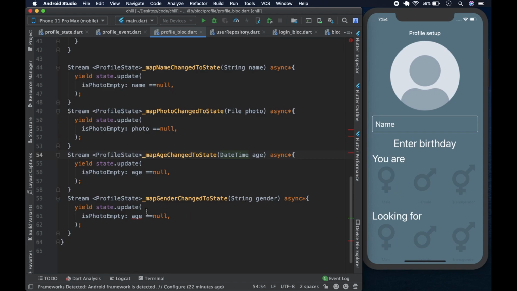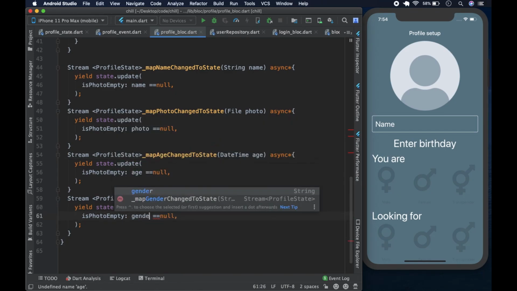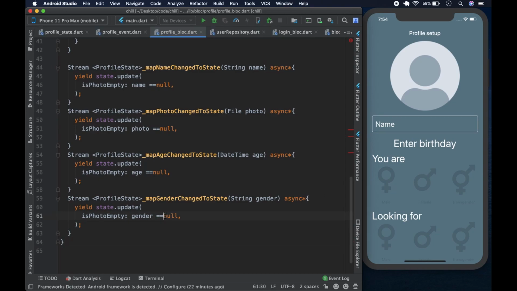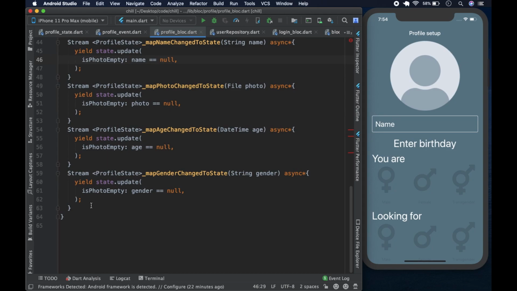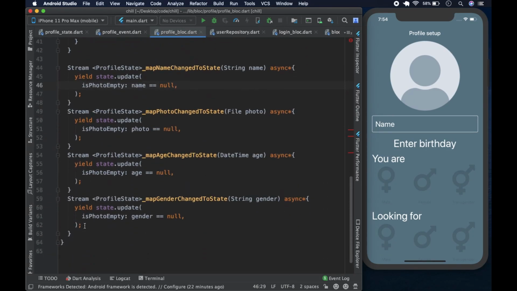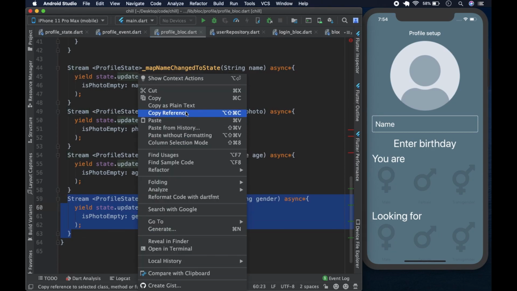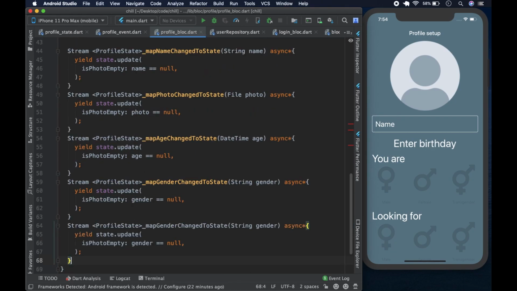And the gender is going to be a string, and this is going to be gender, like so. Let's give it space, especially if you're coming from programming in Swift. You know, Xcode is very unforgiving with those things. So after gender, what's next? Interested in. Interested in is going to be a string. So we can come here, hit copy, and come down here and say map interested in changed, and this is going to be interested in changed,